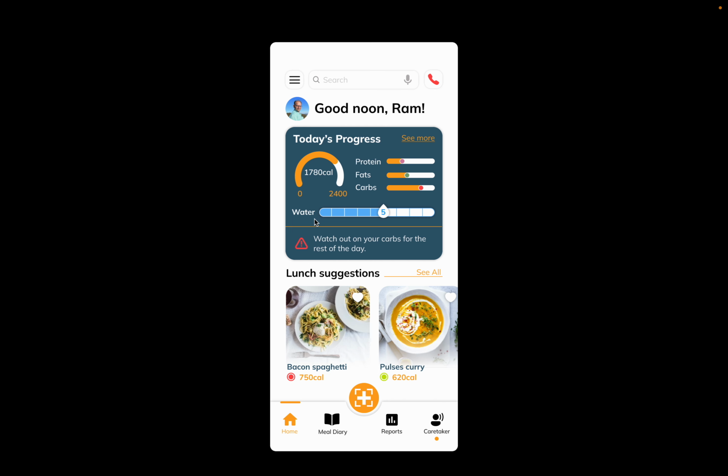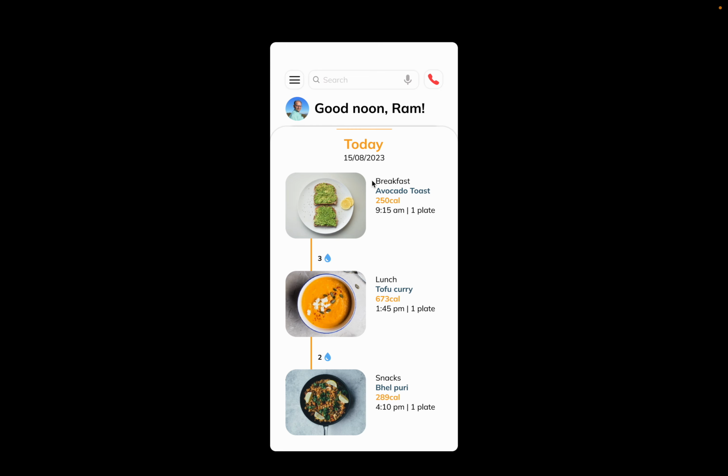It shows a water log where the user can click each time they drink water to keep track of that, and also a little attention message which says, let's say, watch out for your carbs for the rest of the day, so the user can see, oh, I had enough carbs for today and I need to really cut down on the carbs. The user can click see more to see more information about that particular day, which opens